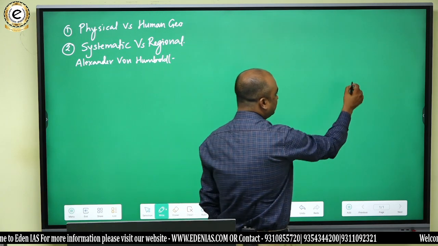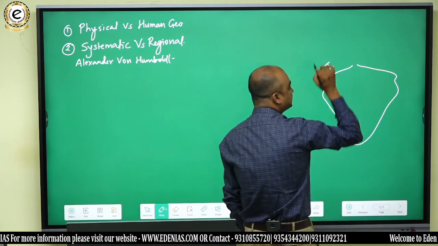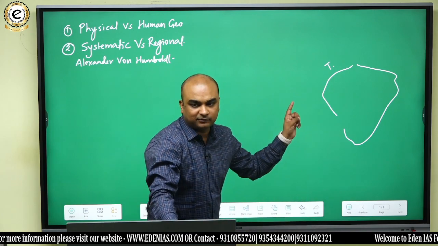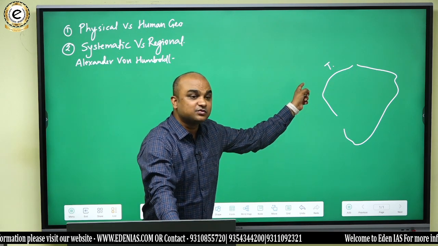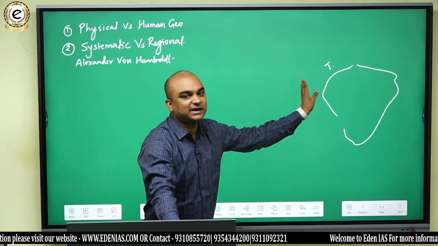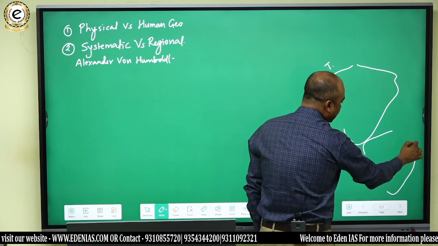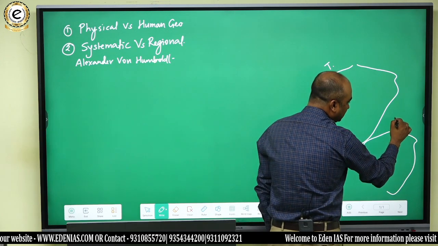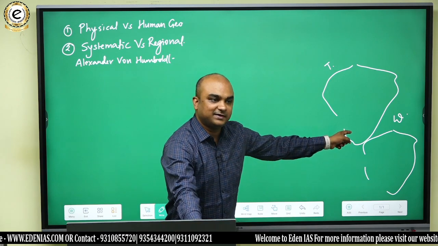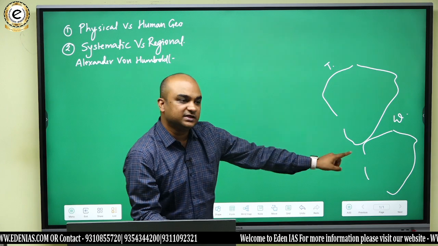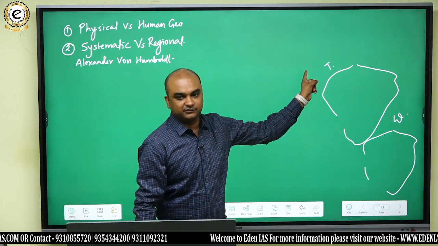To make the things more clearer, look here. Think of this. Suppose we have map of India and I'm showing only temperature pattern over the map of India. What do you think? What kind of a map is this? A systematic map? Because its theme is what? Temperature. So it's a thematic map or systematic map. Suppose I make another map of India and I show which are the wheat growing areas. What kind of map is that? Systematic map, because I'm talking about one variable. This variable is human geography variable, whereas this one is a physical geography variable.